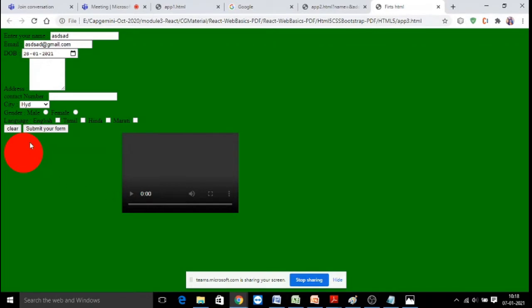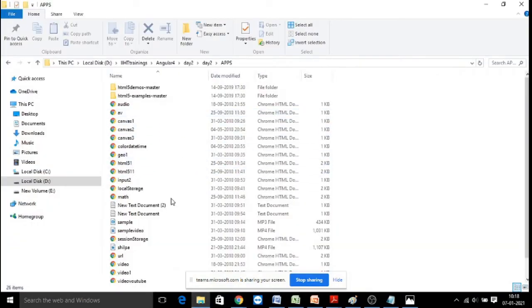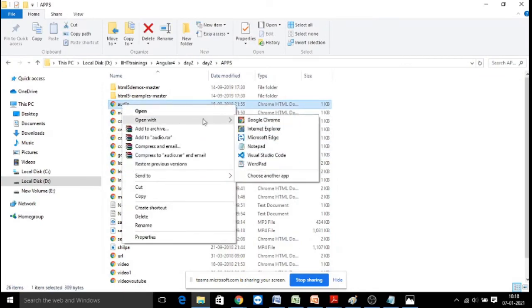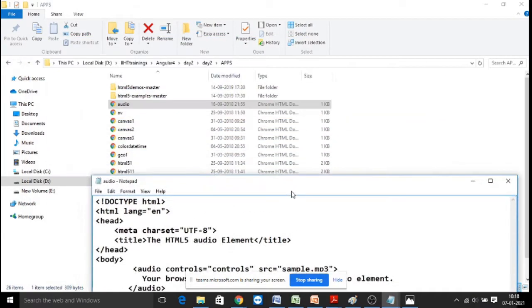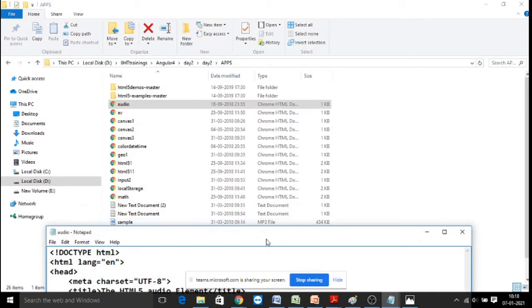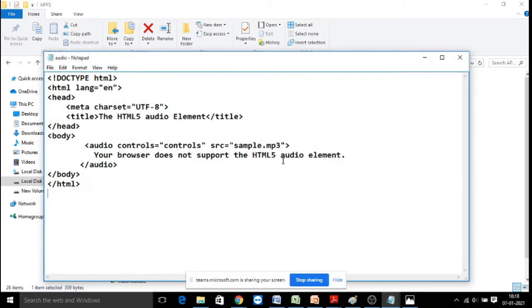See here is SVG graphics. Here this is not playing. Why? Because there is no image or video available here. So let me go to some different folder where I have some downloaded MP3 file and MP4 file with which we can practice. For example, we'll go with an audio example. When you go with the audio page, here you simply have audio and then controls to get a play, pause, those controls for your audio, and the file which you wanted to play is a sample MP3 file that is downloaded, so that is the file location I am giving.